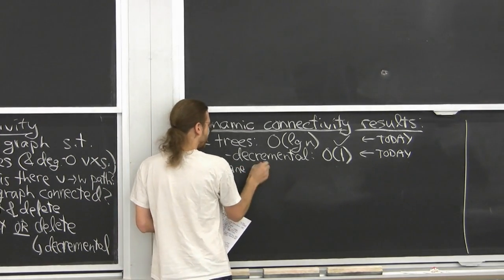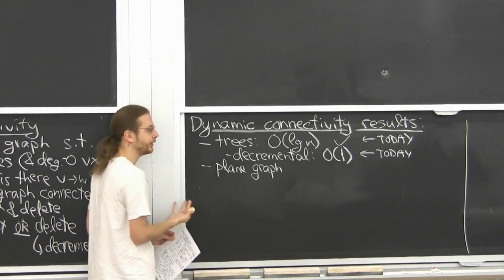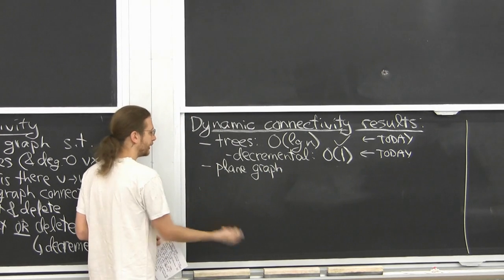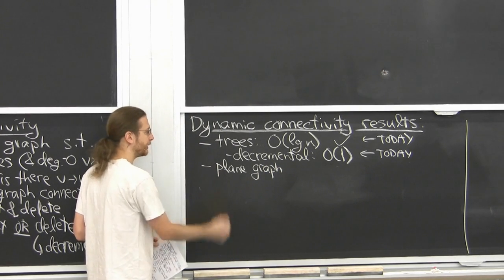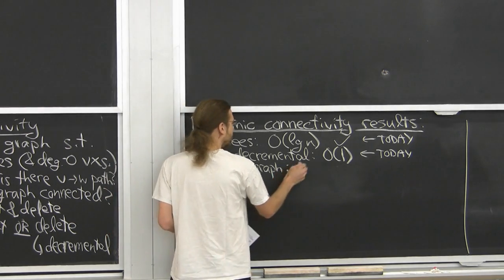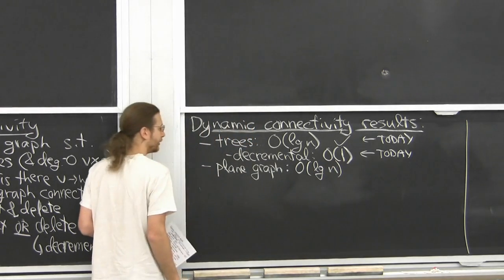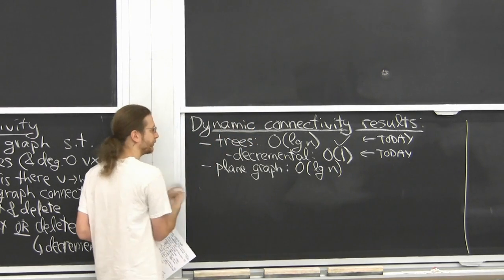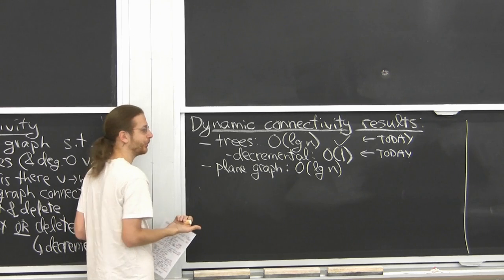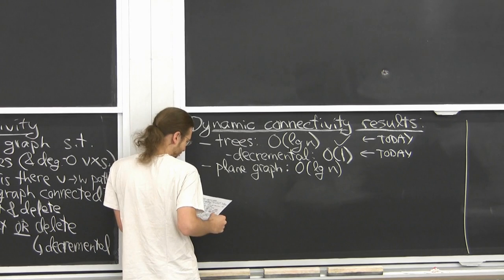Okay, another special type of graph you could consider is a plane graph. This is a graph with a planar embedding. So as you're inserting edges or adding vertices and whatnot, you say which face they live in. And so you have a fixed planar embedding. It's being constructed as you go along. These are easy to maintain. You can get order log n. I guess in some sense that generalizes trees because they also have pretty obvious planar embedding. So that's something you can do in log n.